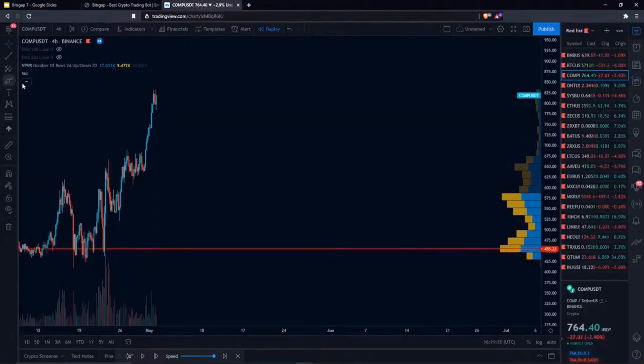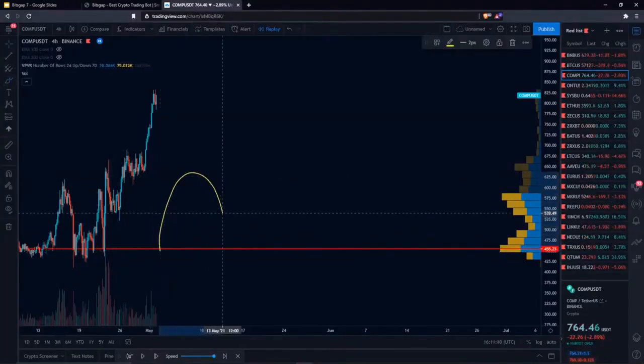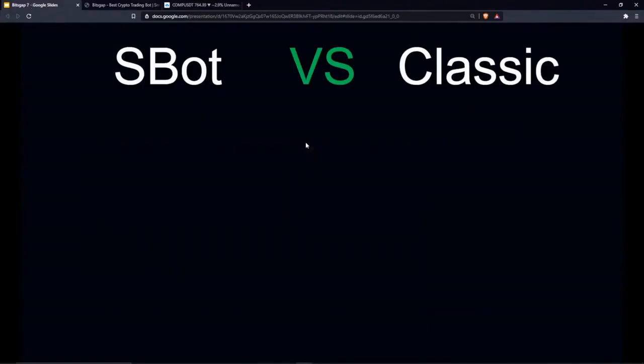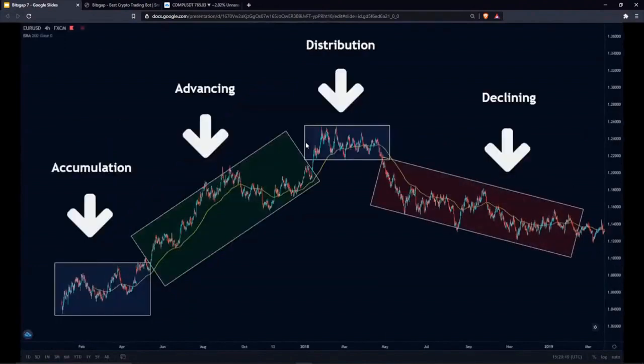So think about the sideways market. By the way, sideways market is when the price moves like this. And actually, let me show you some real case scenarios. You see, we have 4 primary market phases. We have the accumulation phase. That's something that you can see before the rally. This is where